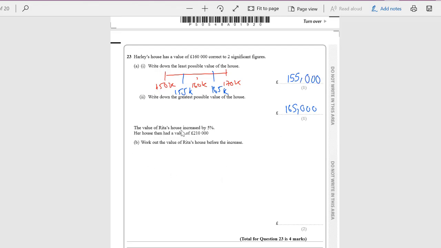The value of Rita's house increased by 5%. Her house then had a value of 210,000. Work out the value of Rita's house before the increase. So her house went up by 5%, which is 105% of the new value. So if you divide this by 105, divide this by 105, you will get 1%. So you get 2,000,